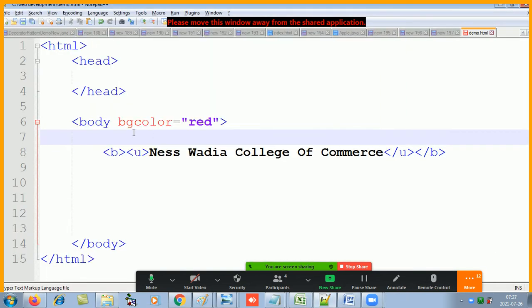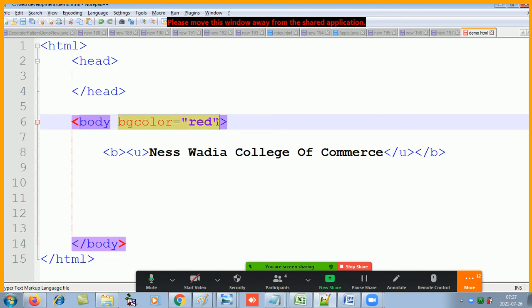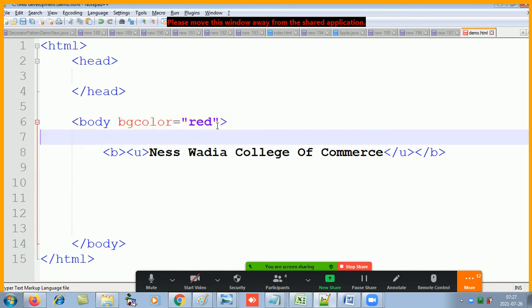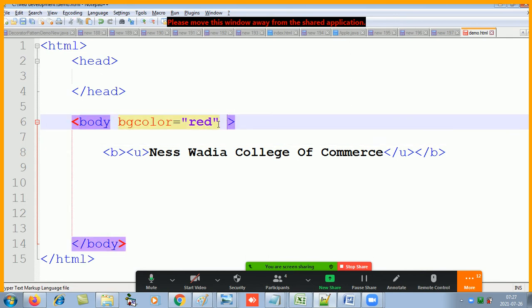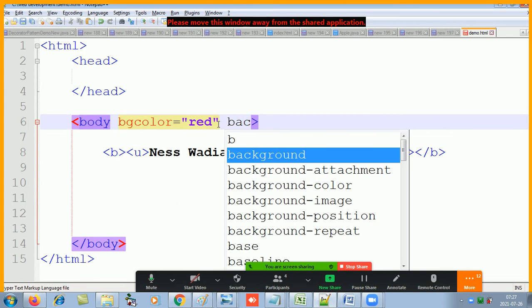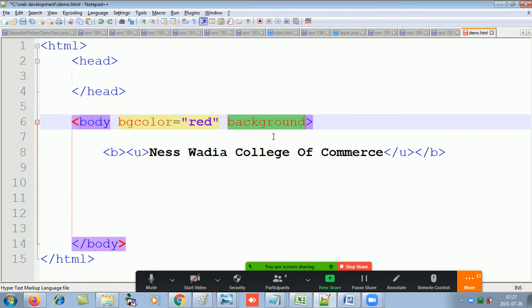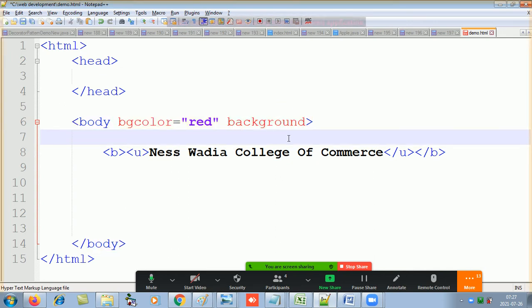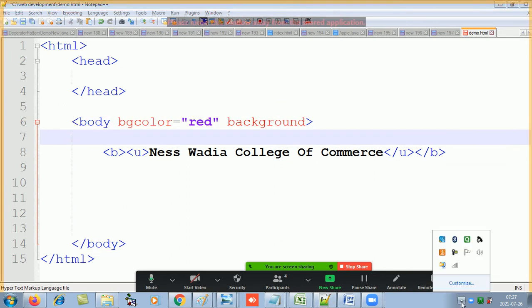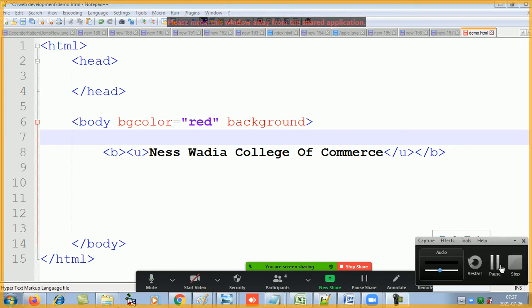So now instead of having a background color, if you wish to have a background image, for that we have an attribute called background. Do you see over here? Now you will have to give the path of the image. So let me search for an image.